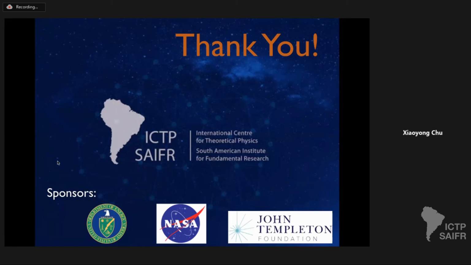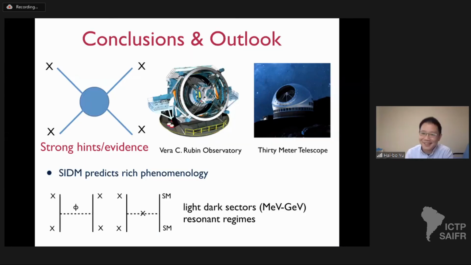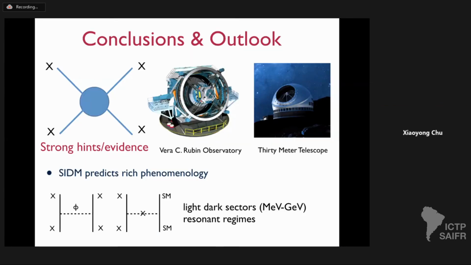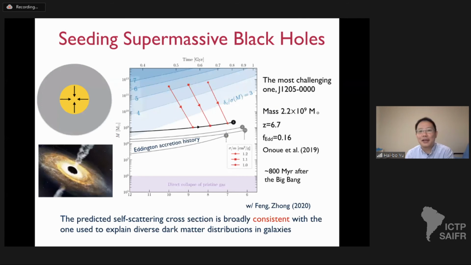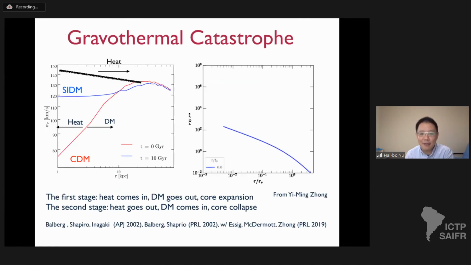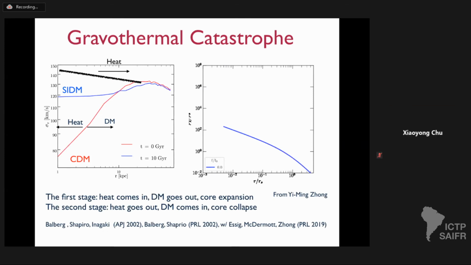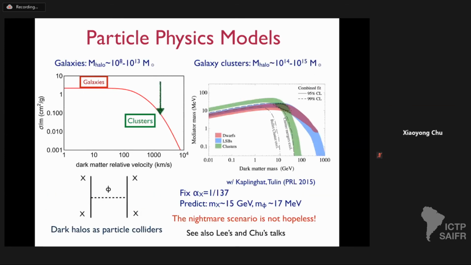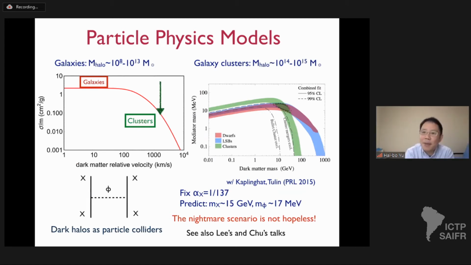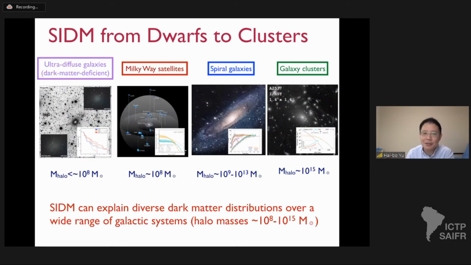Sure. Hi, Javier. Hi. About your explanation of this diversity problem, I just wonder, would you get some anti-correlations between the shallowness of the halo and gas mass or something like that? Yeah, exactly. So we have a paper early this year. There's a correlation between the baryon mass or baryon concentration versus the slope.